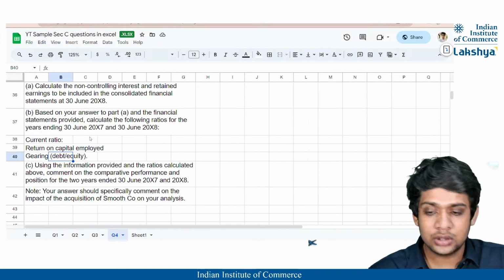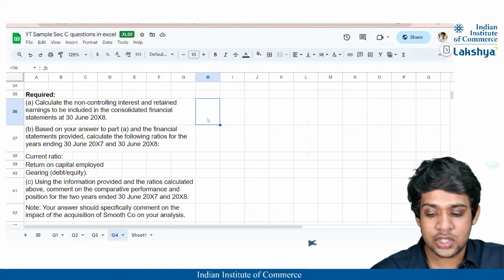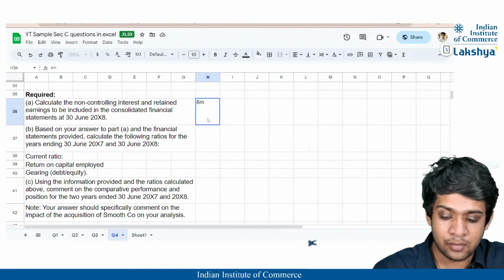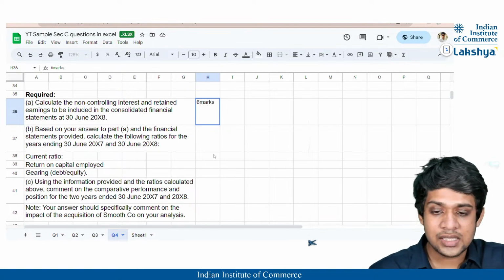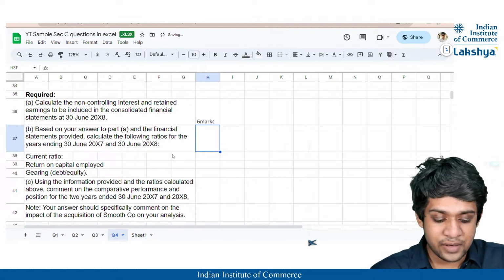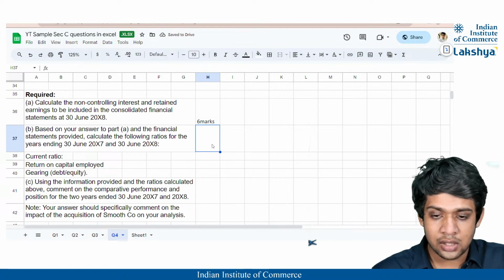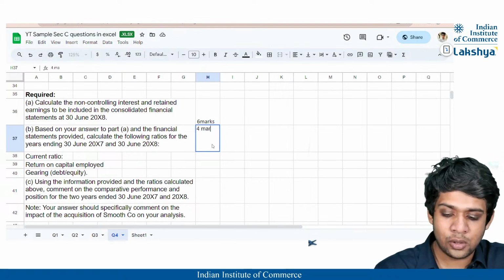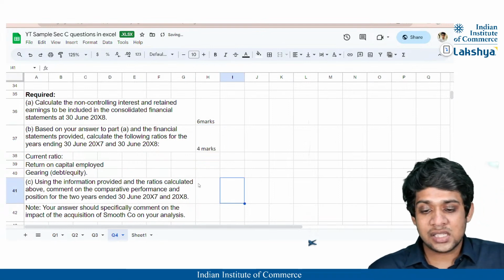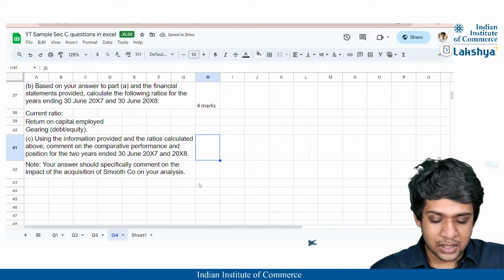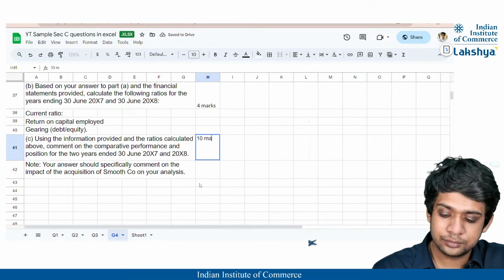अभी ये जो नॉन कंट्रोलिंग इंटरेस्ट और इसका कैलकुलेशन है, इसके लिए हमें 6 मार्क्स दे रहे हैं। राइट। इसके लिए हमें 6 मार्क्स मिल रहे हैं। फिर बेस्ड ऑन योर ये जो 3 रेशियोज कैलकुलेट करने उस पर 4 मार्क्स और मिल रहे हैं। और ये जो पूरा एनालिसिस हमें करने बोला है इसके लिए बाकी के 10 मार्क्स मिल रहे हैं।